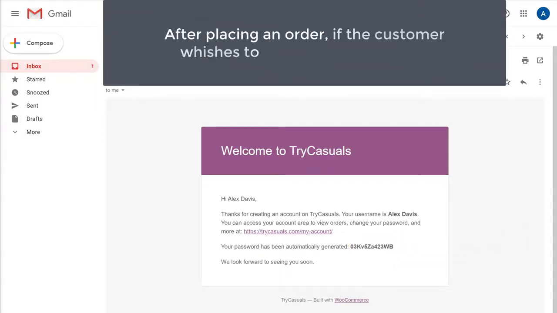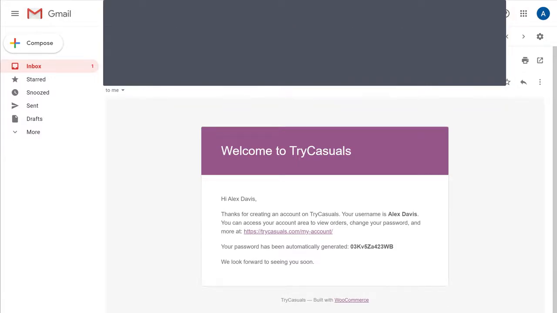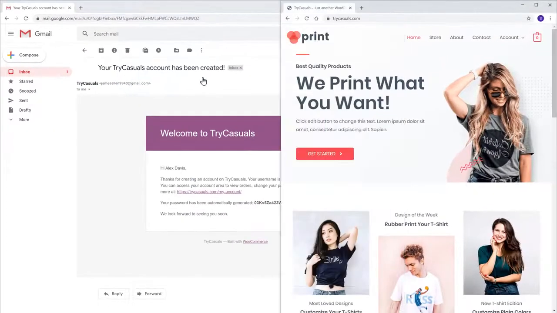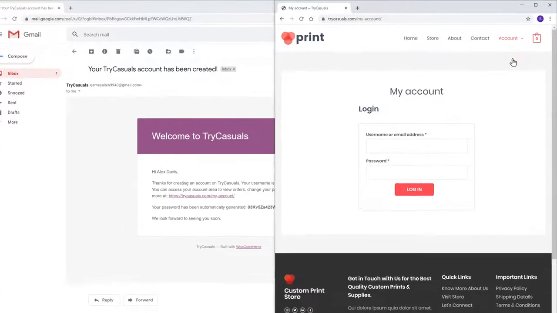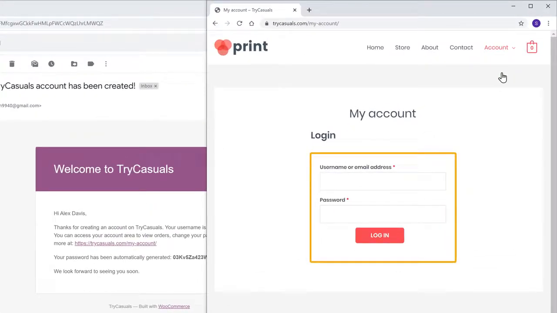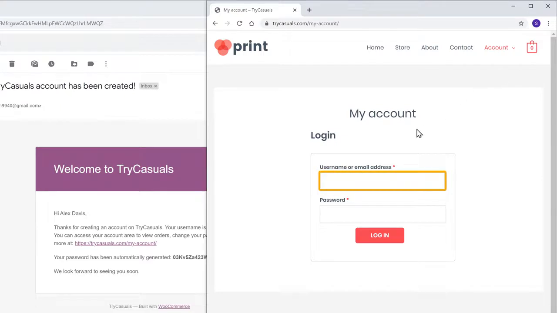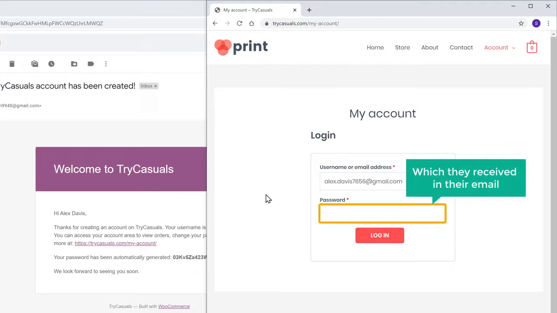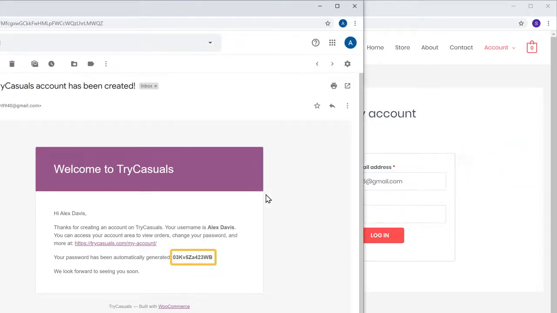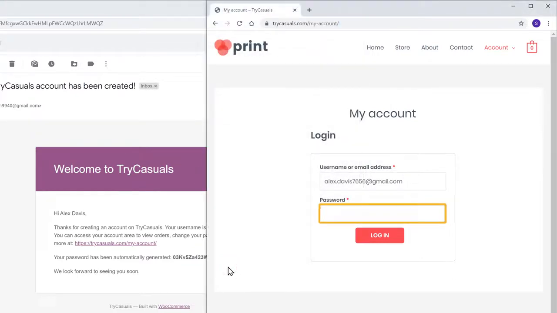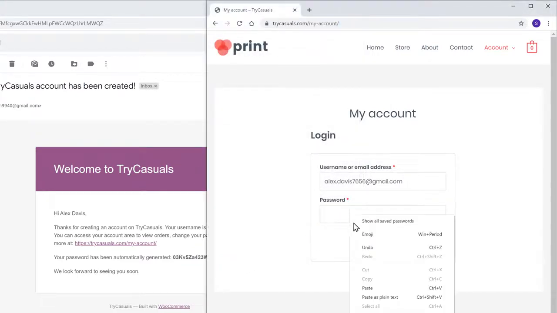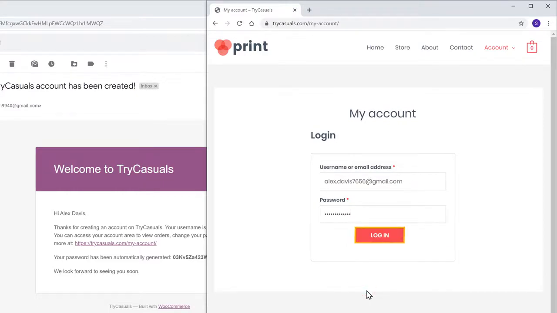So after placing an order, if the customer wishes to log back in to your site, all they have to do is go to your site and click My Account. And now they'll be able to log back into your site. So they need to just enter their email and the password which they received in their email. So let's go back to the inbox and then copy this password. And paste it here. And now if they click login,